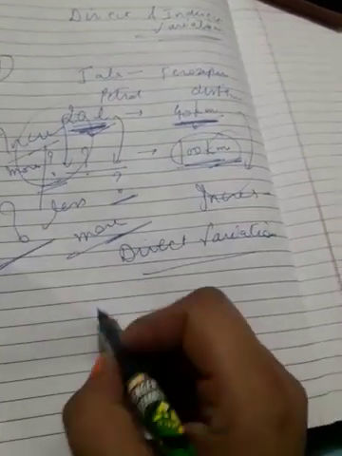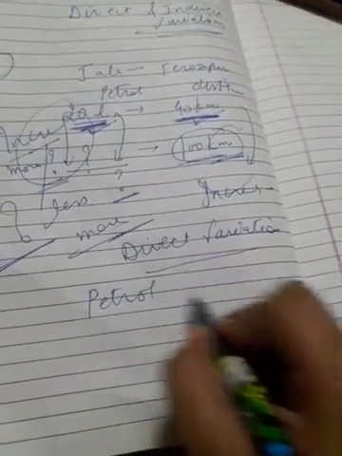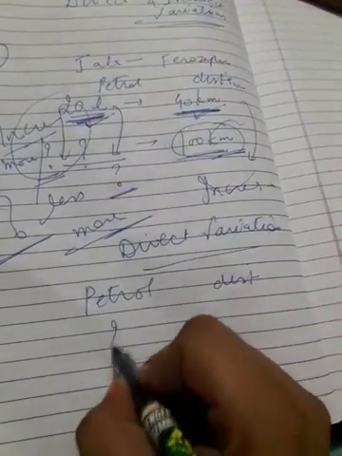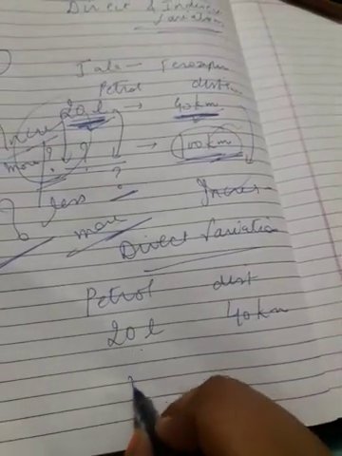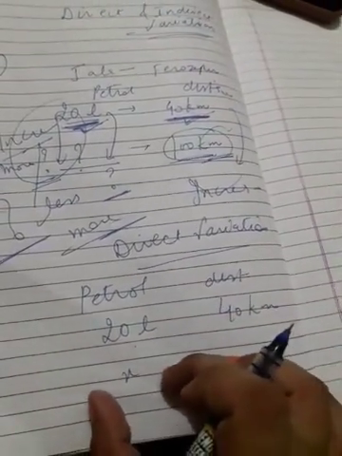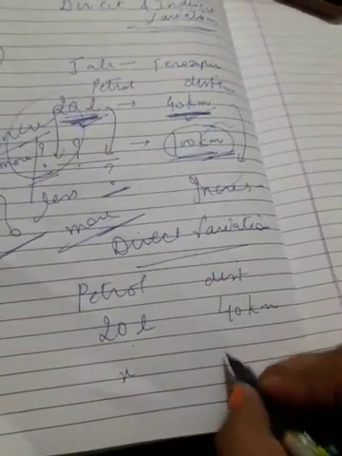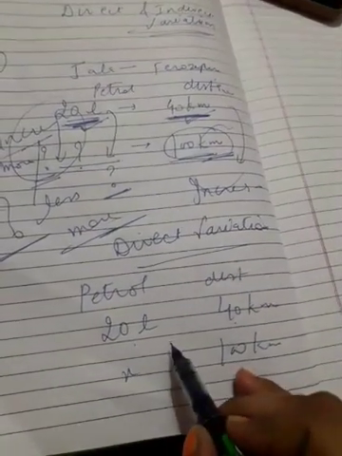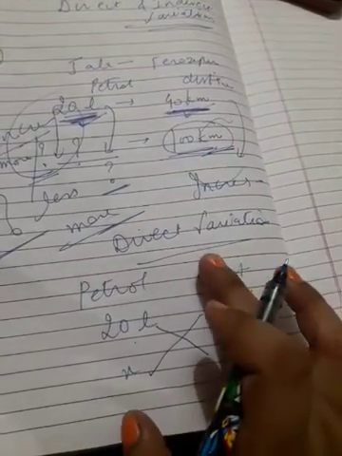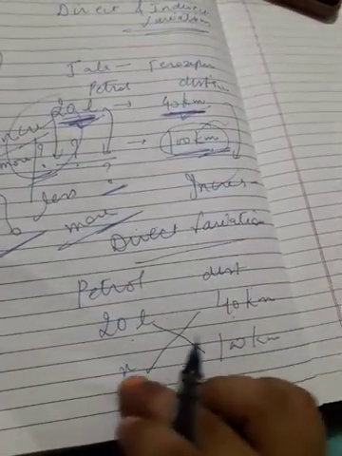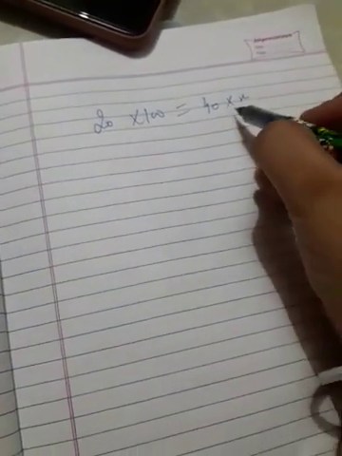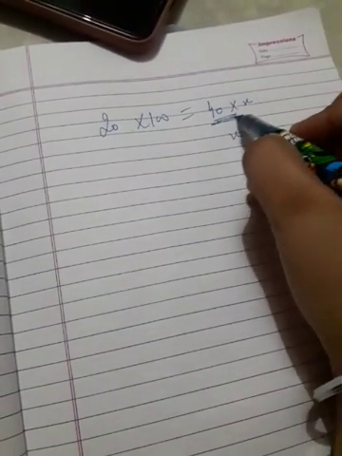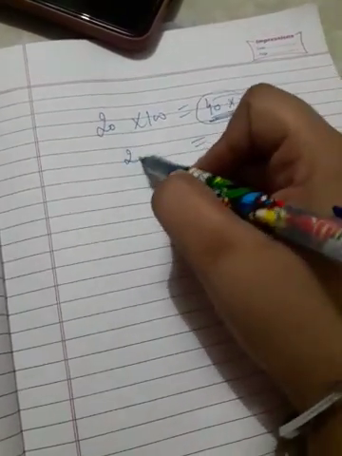And how can we solve it? This side is petrol, this side distance. If petrol is 20 liters, then distance is 40 kilometers. If petrol is x, which we don't know but know is more than 20, then distance is 100 kilometers. What to do? Since we know this is direct variation, we will solve by cross multiplying. 20 multiplied by 100 equals 40 multiplied by x. To find x, 40 is in multiplication on this side; when we change its side it will change into division.